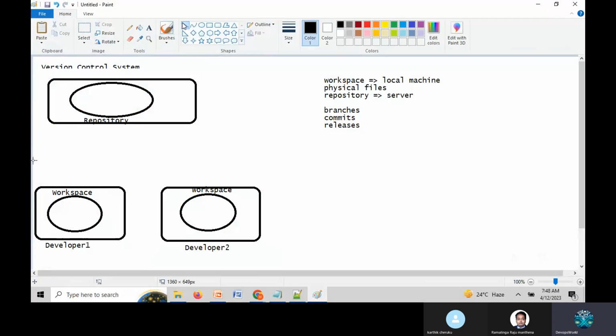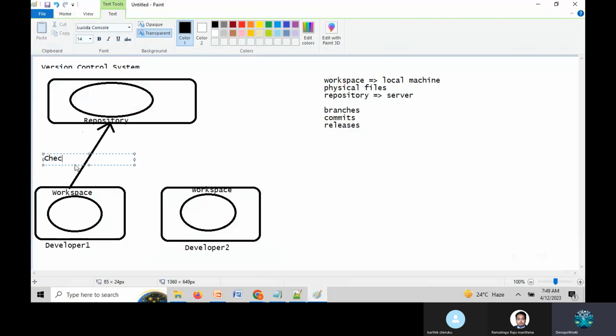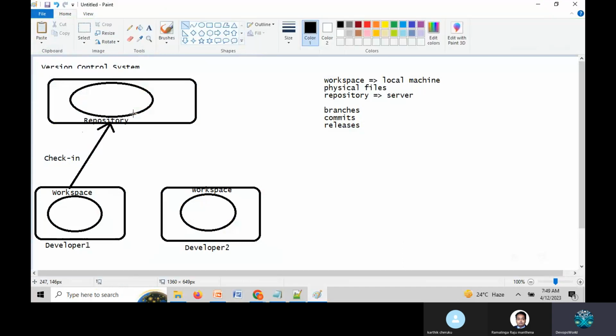In the distributed version control system, once the developers' work is completed, the process they perform is called a check-in. And checkout is nothing but getting the files.